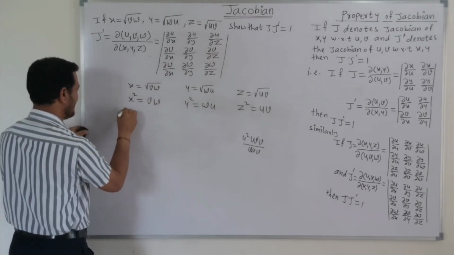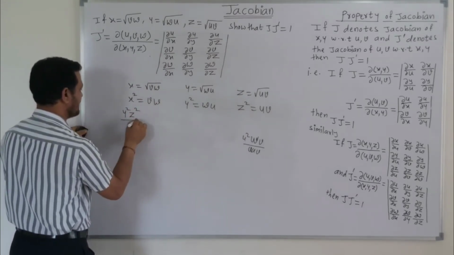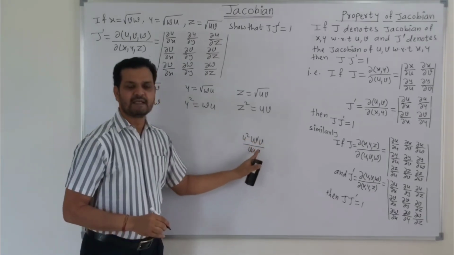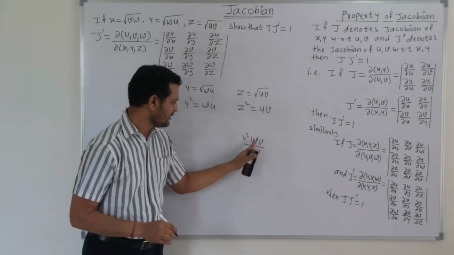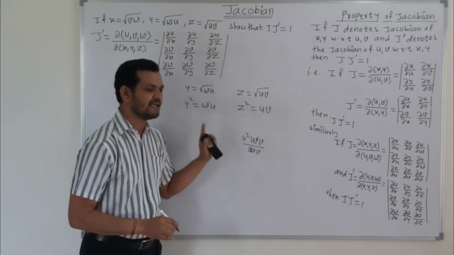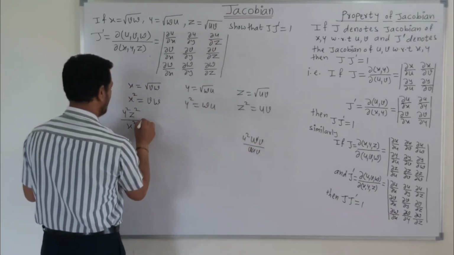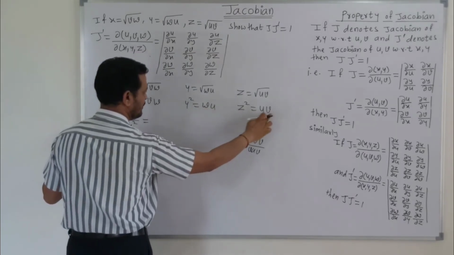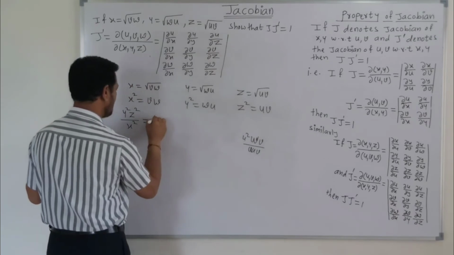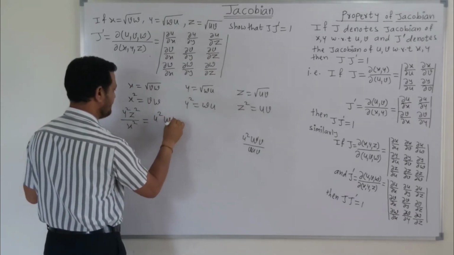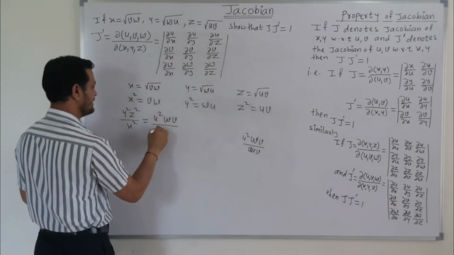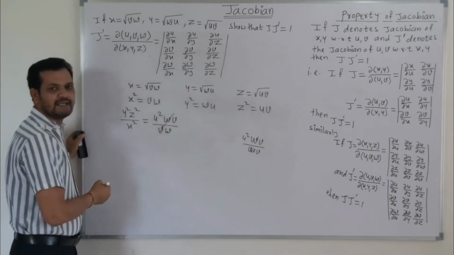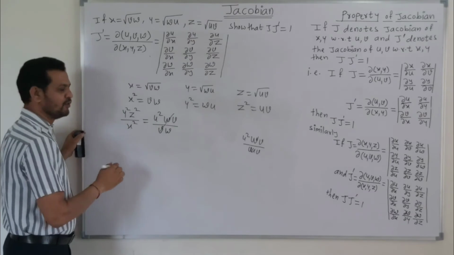So we can write this as y square z square divided by x square. So v and w will get cancelled and we get the value of u. If we take the product of these two terms, then we get this as w into v, u into u is u square. So we can write this as u square vw divided by vw. So these two terms will get cancelled and we get the value of u.